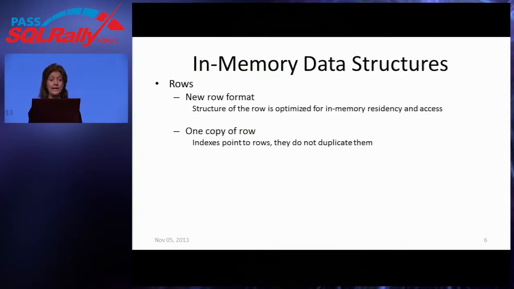And a key point here is that without an index, you don't have a table. Every table has to have at least one index, because that's what combines the rows together into a single structure. Without an index, you just have these free-floating rows, and SQL Server wouldn't know which rows were part of the same table. It's the indexes that connect the rows together and say that they are part of the same table.